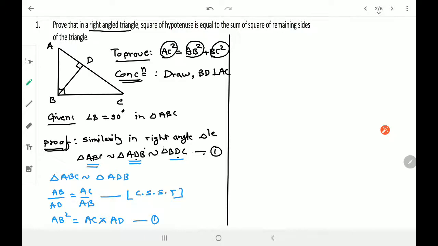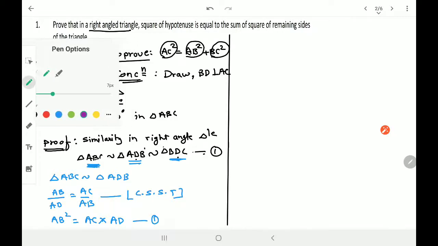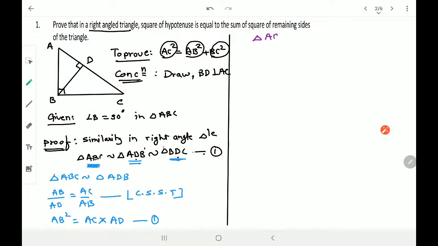Now BC square. The second thing I can go for is BC square. So for BC square, what will I do? The first one has got BC and the last one has got BC. So again, for the triangle ABC similar to triangle BDC,